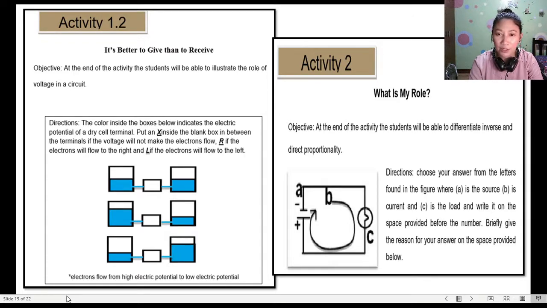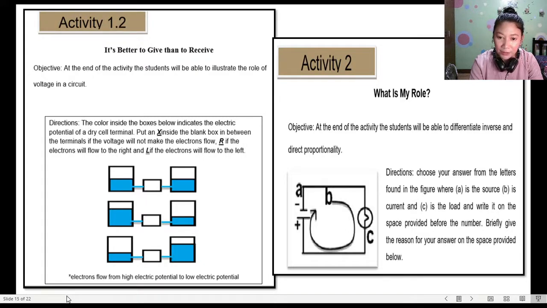For activity number 2, what is my role? You will be able to differentiate inverse and directly proportional. So, sa Ohm's law natin kanina, sinabi natin na directly proportional yung current and voltage, while inversely proportional kay resistance. So, the directions. Choose your answer from the letters found in the figure, where A is the source or the battery,